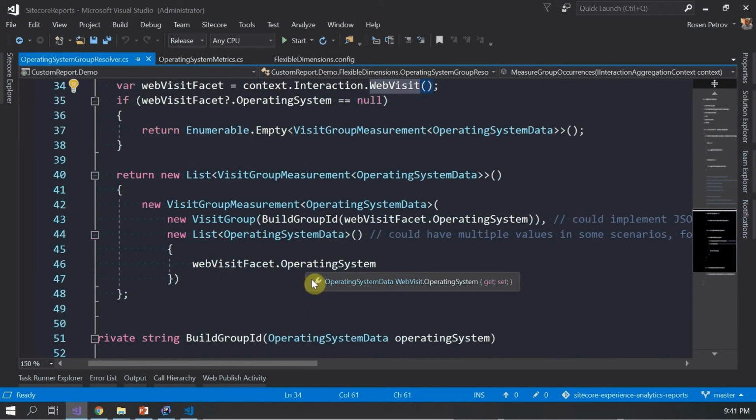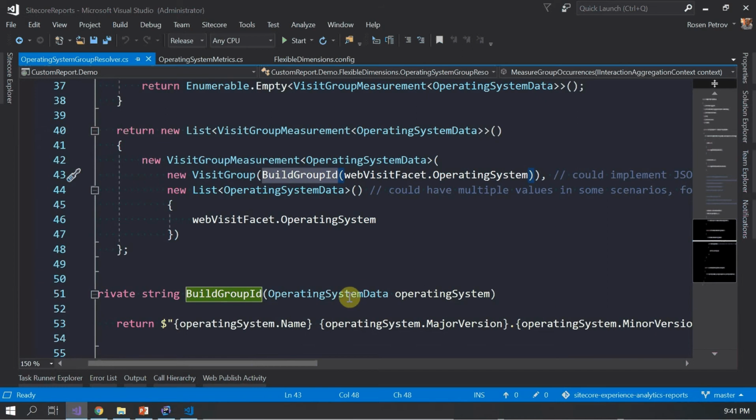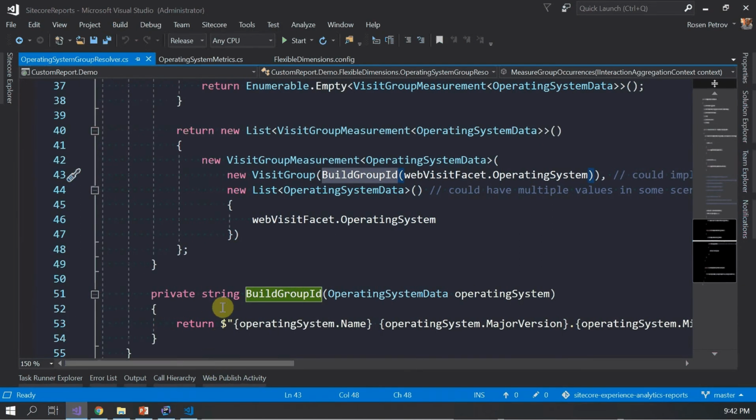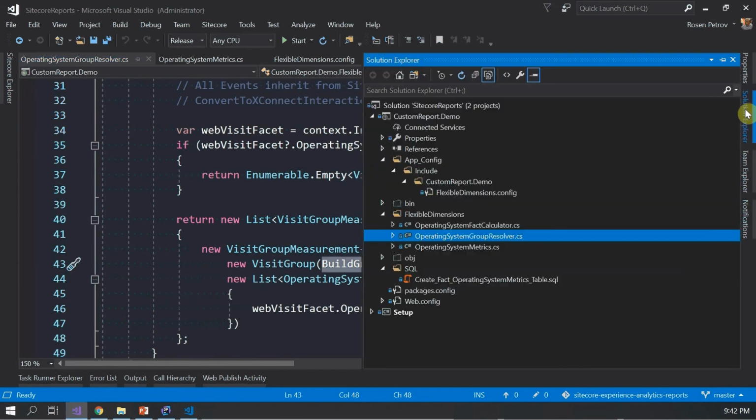And during the resolving of the group, we need to build the key, the ID of the group, based on our data. So this is our method which resolves the key. What I saw during my investigations is that in some situations, Sitecore has some serializers which just take an entity and then, using JSON serialization, return a different string, let's say. So you could have this, but just for simplicity I just used that. So this is why we have the group resolver